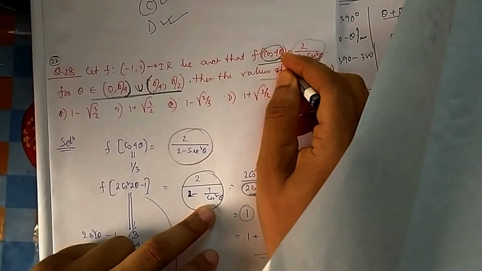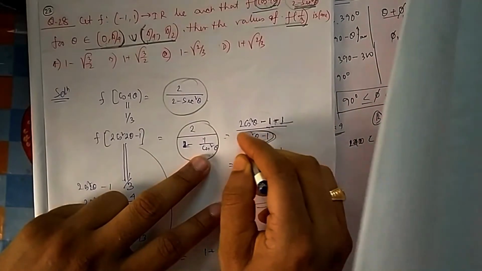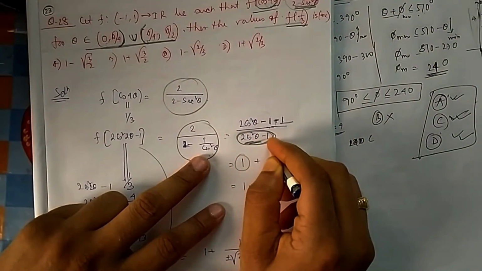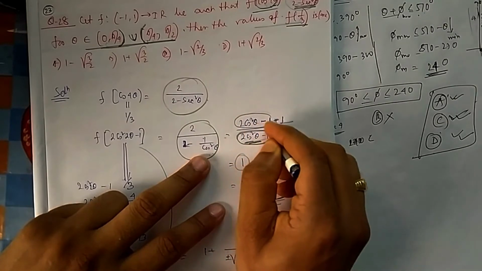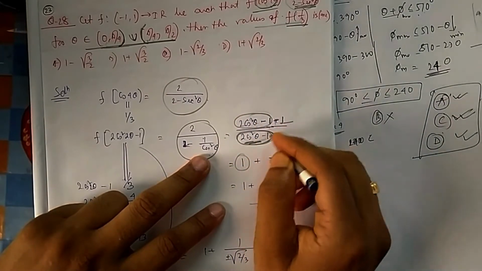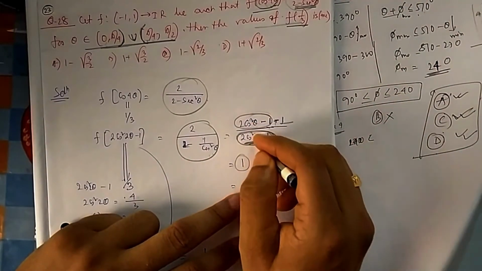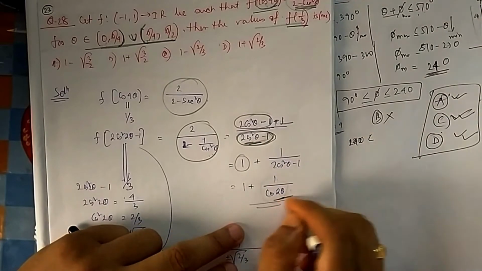Because I have to go to 4 theta, if I am not getting 4 theta, let me at least go up to 2 theta. So whenever I see 2 cos square theta minus 1 coming, I try to make it in the numerator also, so that I can directly write cos 2 theta. So this is also cos 2 theta. If you divide it, it will be 1 by 1 plus cos 2 theta, this by this 1, and this by this 1 by cos 2 theta.